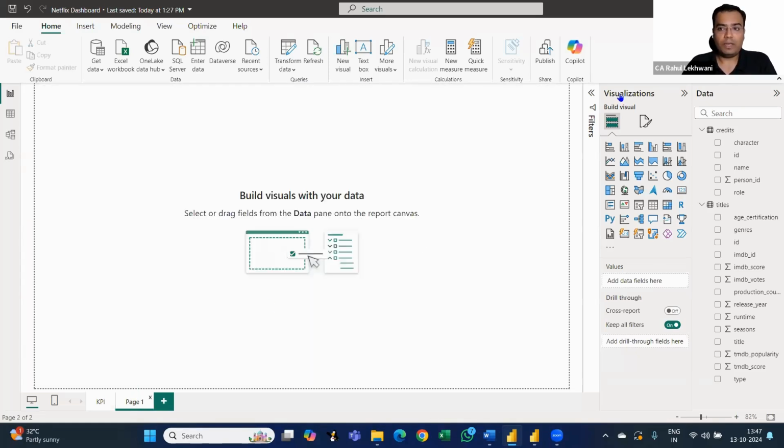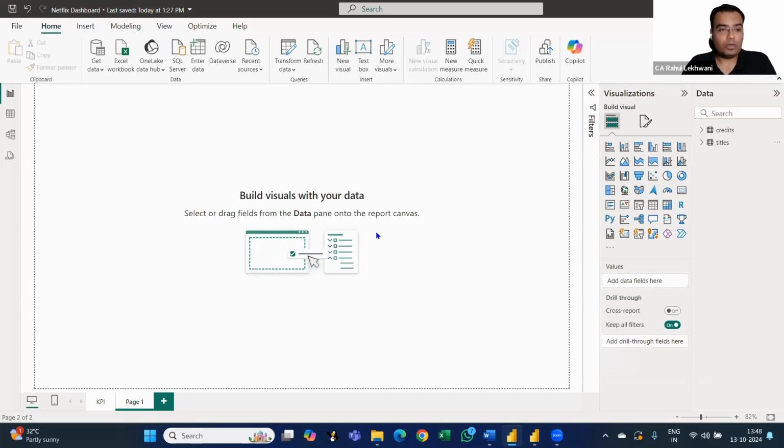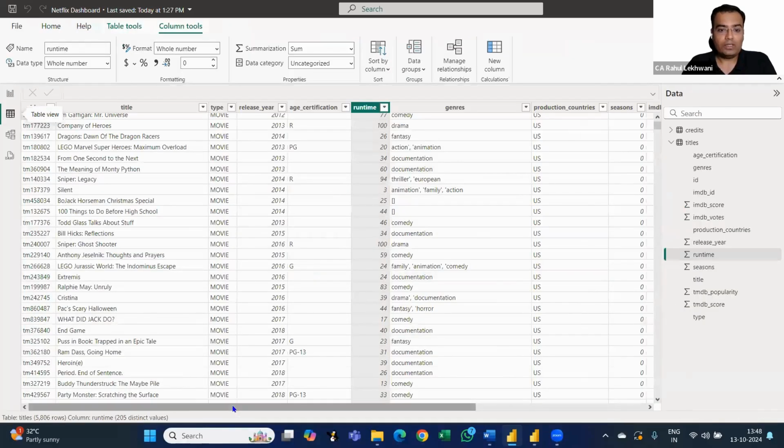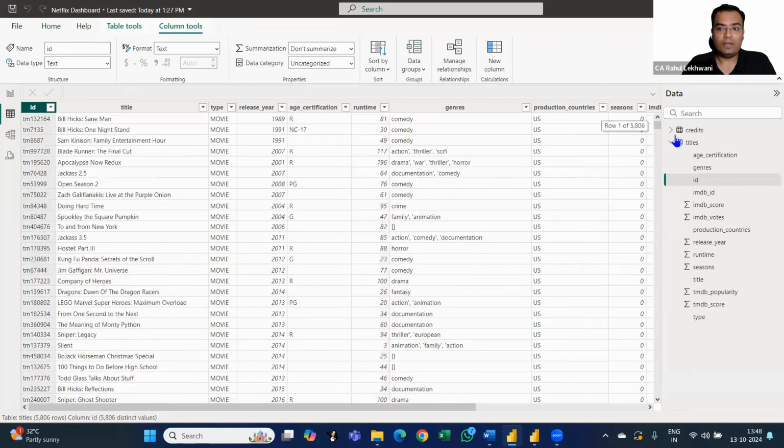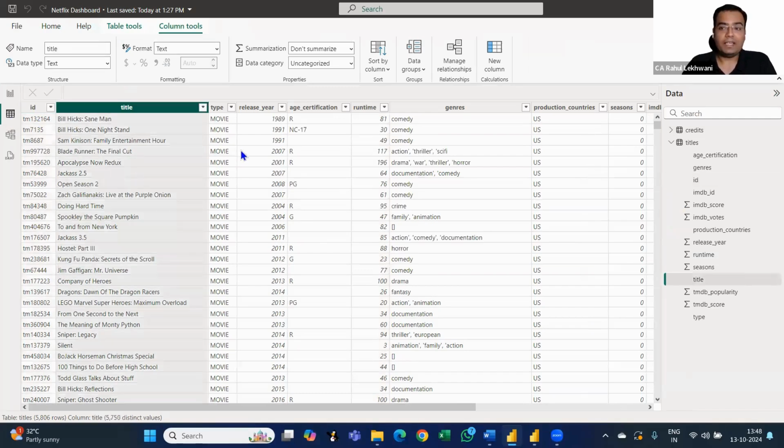So this is the first page that I have created. This is the report view in which I am going to create my dashboard. But before going to the dashboard, let us understand what data we have. I am under table view, and I have the different fields that are there in the data. So it has ID, title, the title of the movie or the show,